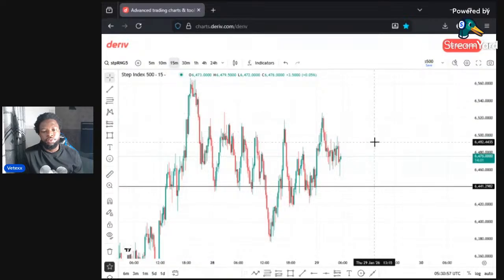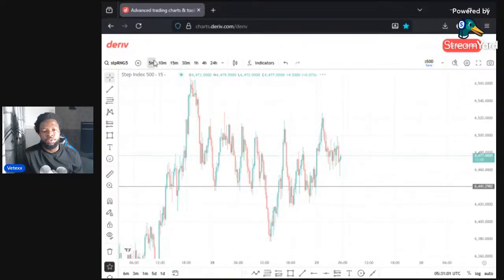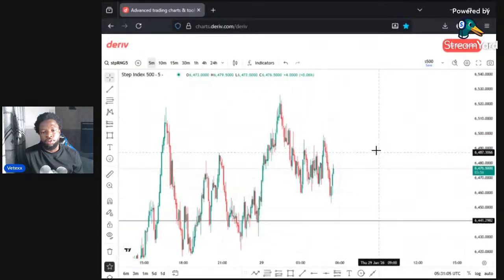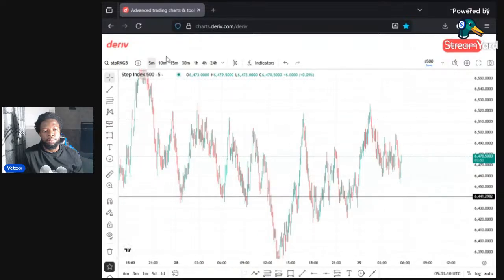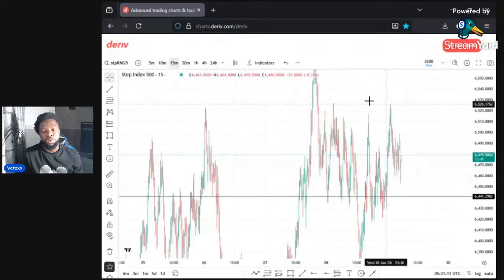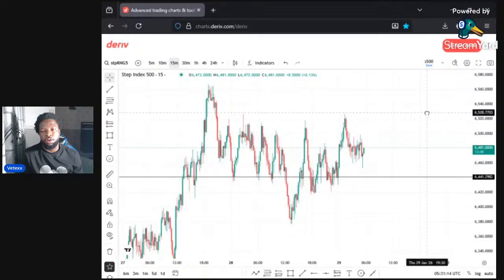On the 15 minutes time frame, unfortunately, we have nothing currently. We don't have anything yet on the 15 minutes time frame. So nothing is happening on the 15 minutes time frame. So currently there's no setup on Step 500. Okay, and we are going to move to the next pair, which is what,